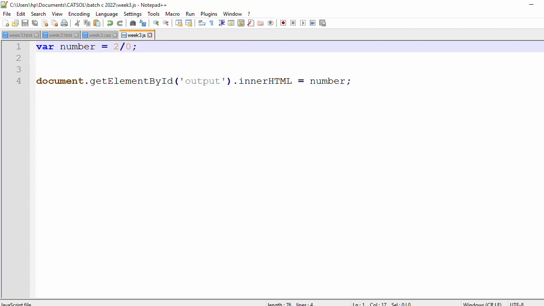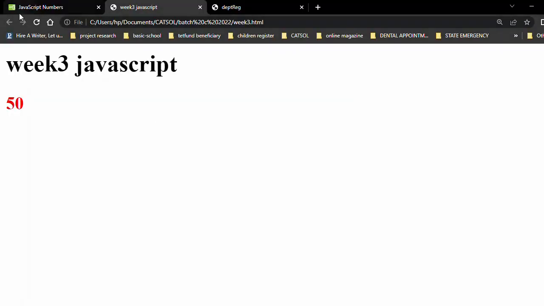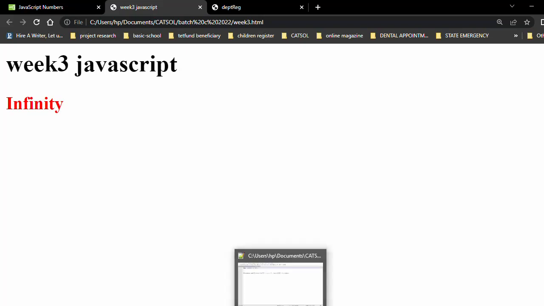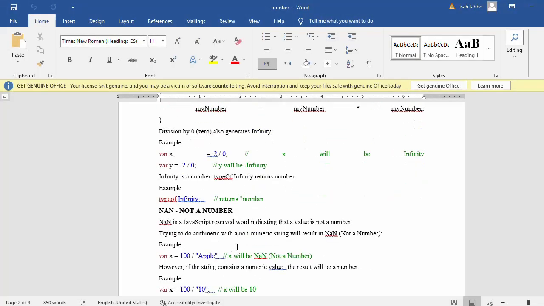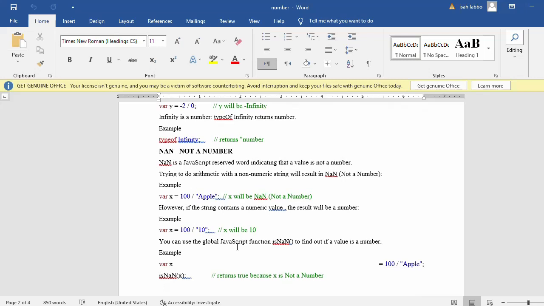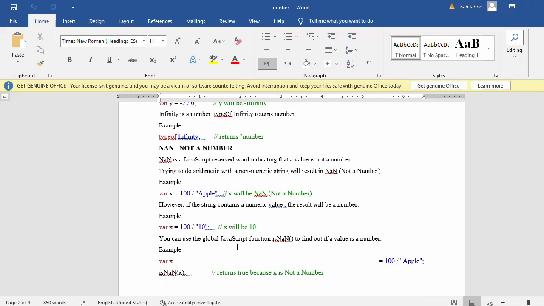Okay, 2 divided by 0, what will happen? You see that we have the infinity, right? So if you do the wrong calculation, you don't have an answer. It is an infinity. Out of range is also infinity in the number there. Okay, apart from the infinity, we also have NaN. This is